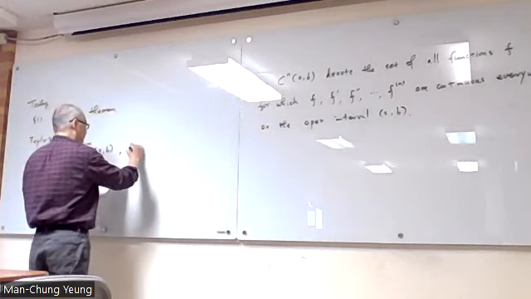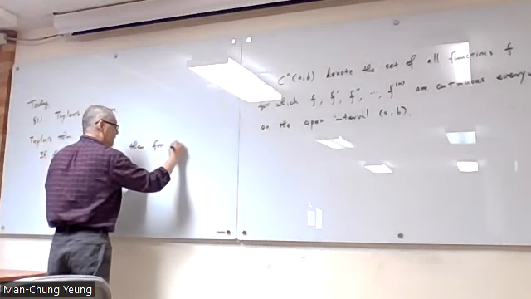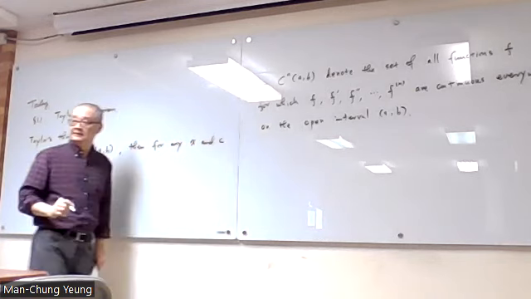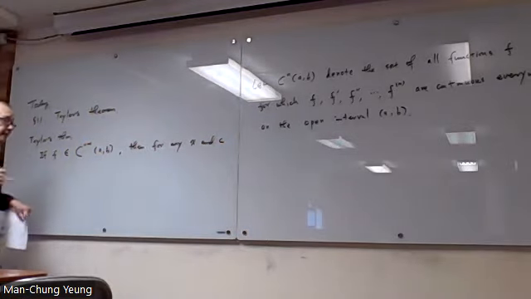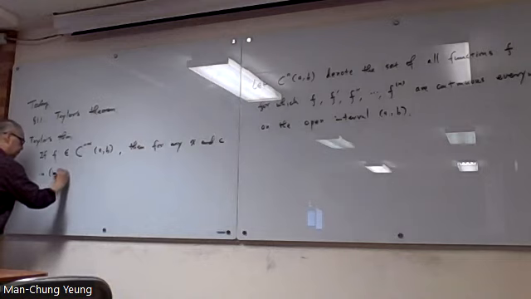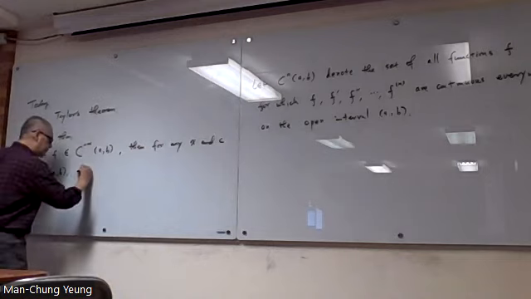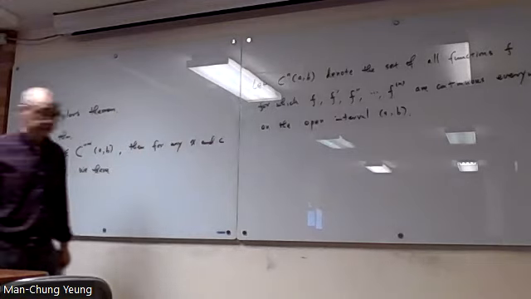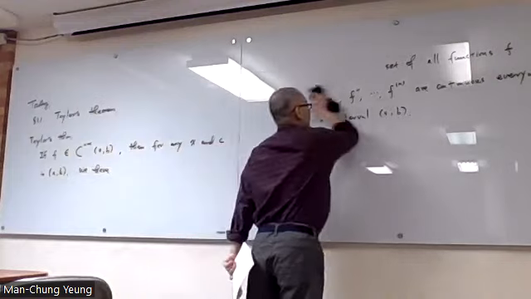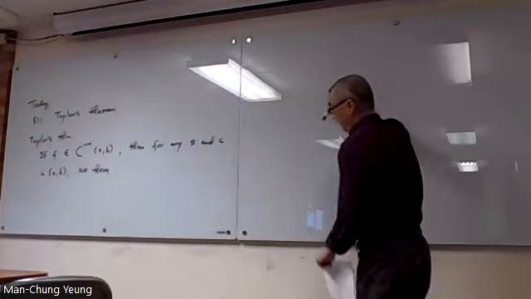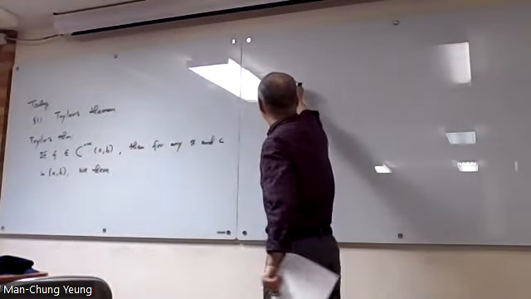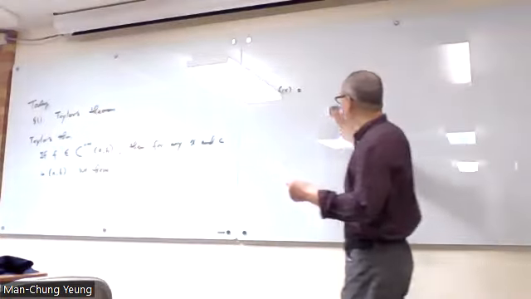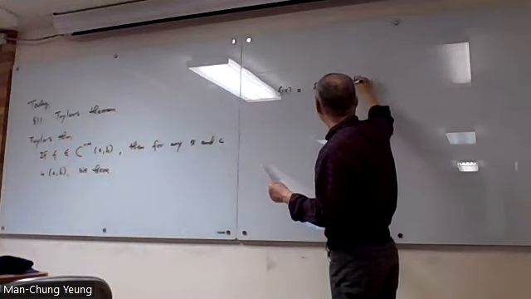Then for any two points, x and c, in the open interval (a,b), we have f(x), the function value at x, is equal to the function value at c plus 1 over 1 factorial